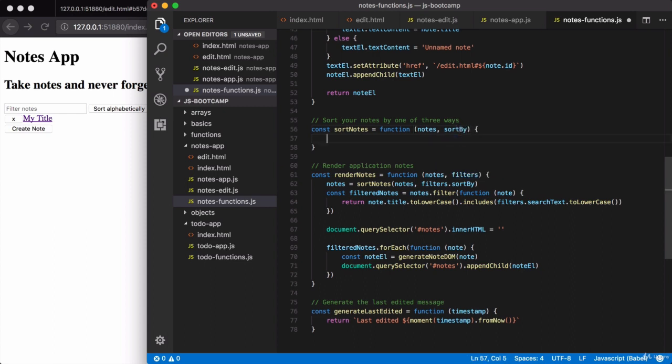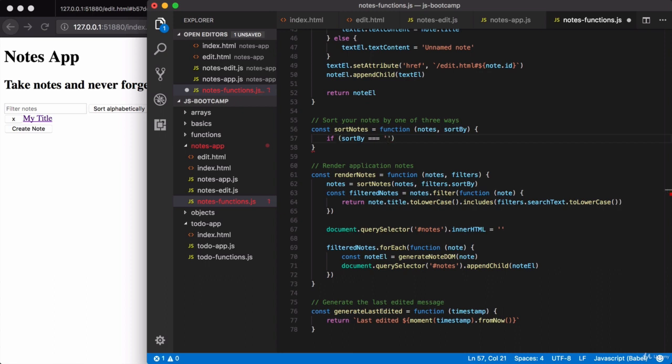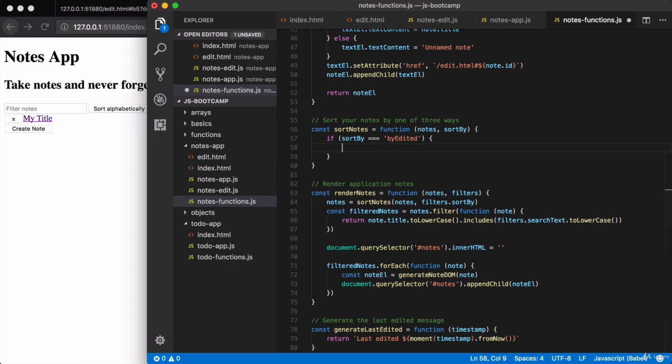All we need to do in here is use what we learned about array sorting to allow us to sort by those 3 types. We're going to set up an if statement figuring out which way we should sort, and then for each way, we'll set up the actual array method sort call. Let's go ahead and start off with an if statement. We're going to check if sortBy equals, and in this case, the first one would be by edited. So that's the first case we'll handle. If sortBy is by edited, we're going to return, and we're just going to call notes.sort,